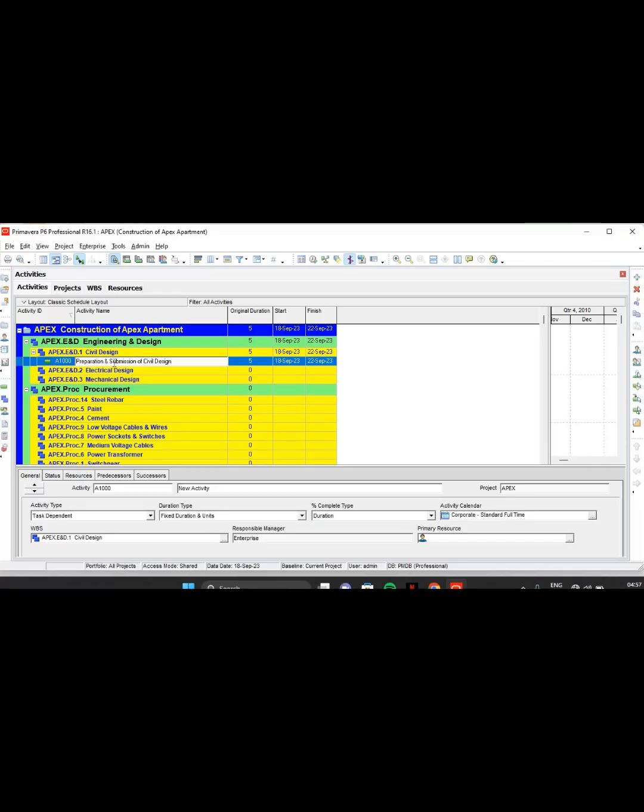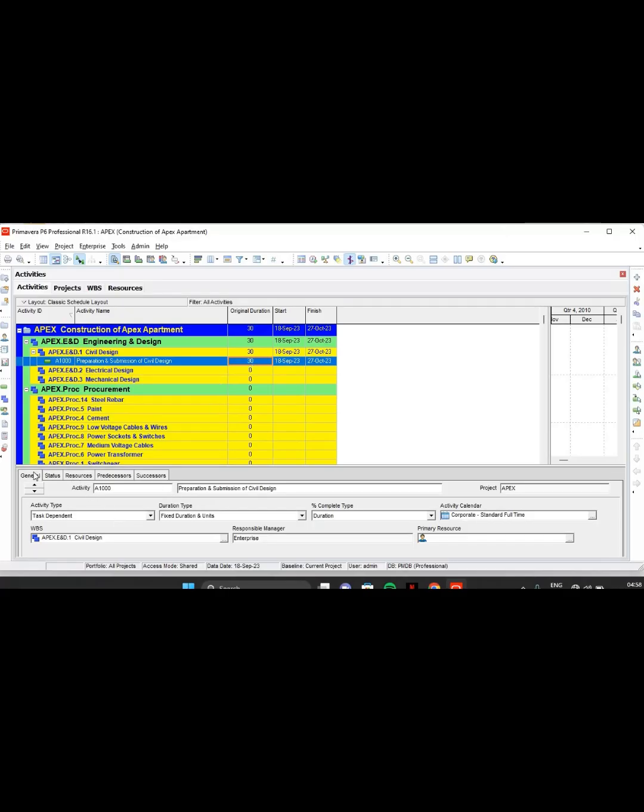Okay, we are doing this. And now how many days is it going to take to prepare this? You are going to check with your design engineer. He is the one who is giving you the steps. He will say it will take 30 days. Okay, you wrote 30 days. All right,